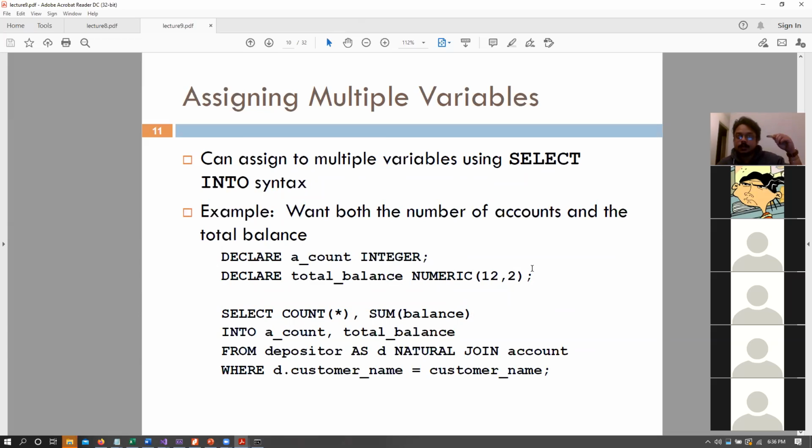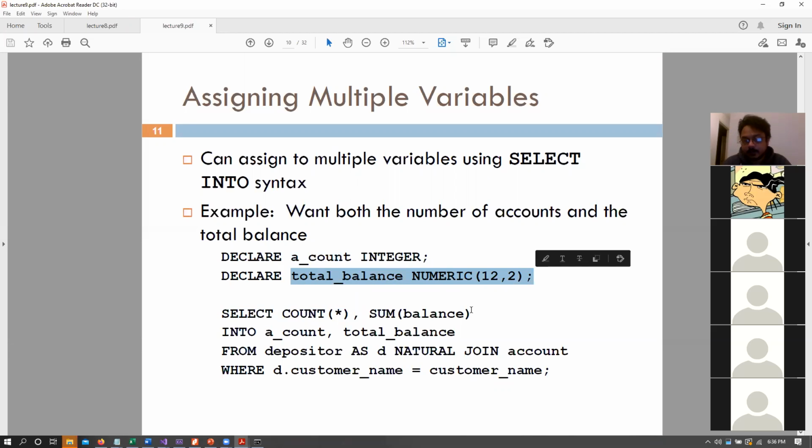And that is similar to your old style standard C code, right? All the variables needed to be declared above, and then you write your code. This changed with Python and C++ later, even in Java, where you can declare variables anywhere. But in SQL and like old time C, you have to declare all your variables first, and then you have your statement. So here we have those variables, a count and total balance.